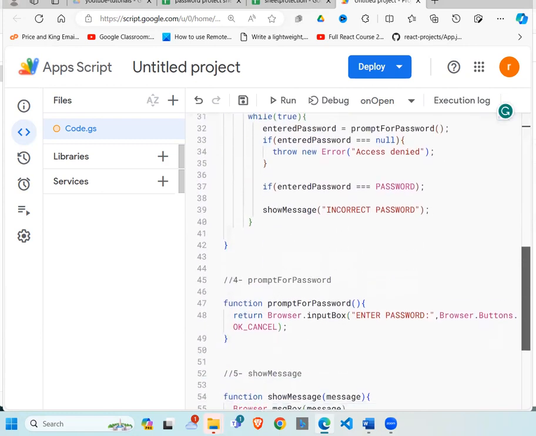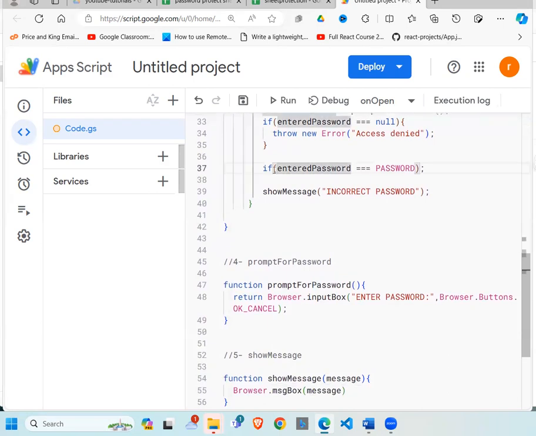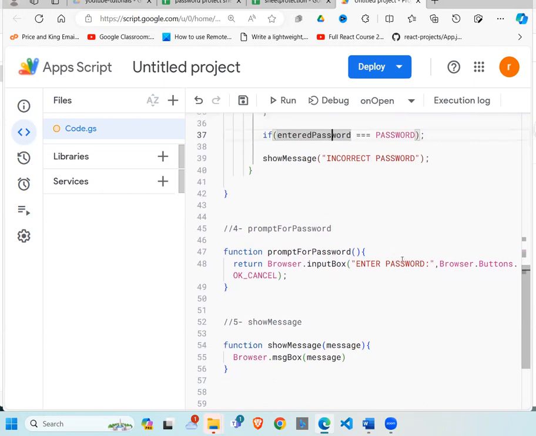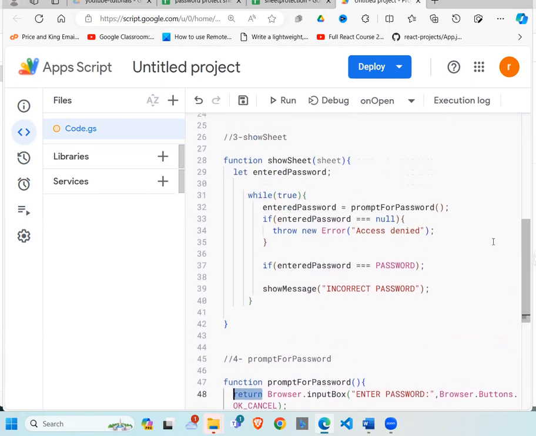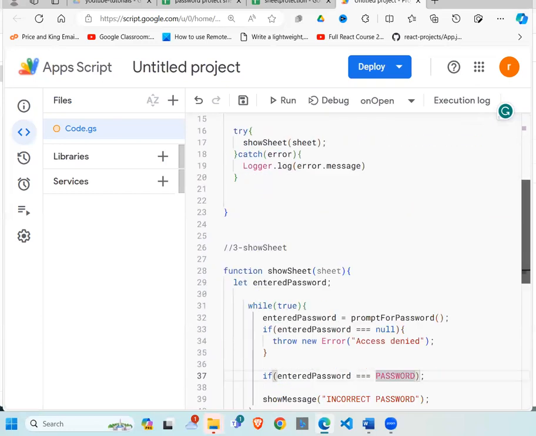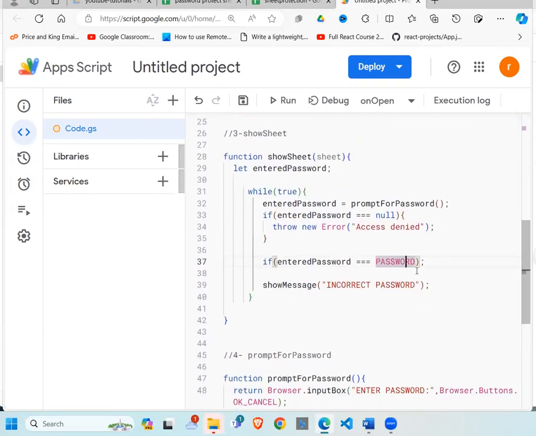Now, when I come down here, all I'm doing is checking whether the password they have entered through this prompt function, which is defined down here, matches. This one brings up the prompt, you enter it, and whatever is entered is returned. When it is returned, it is saved in this variable here. Now I'm using this saved variable to check whether it is equal to the password, and the password that I want is saved here. If the two are the same, then